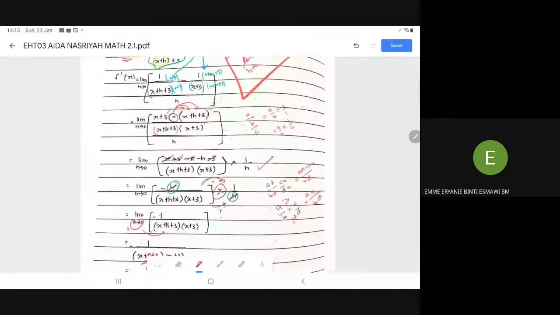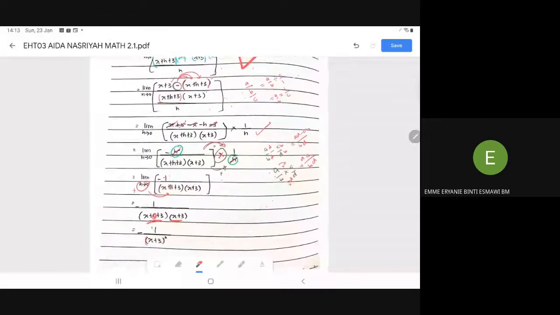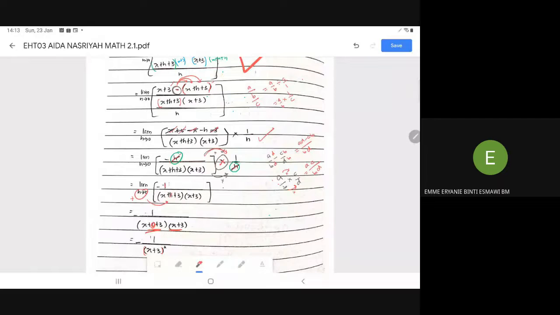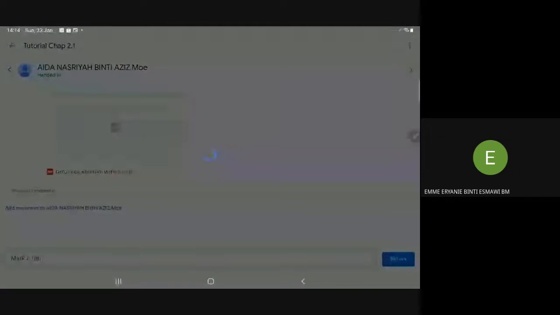Okay, any questions about this? Madam. Yes, Hafiz. My solution a bit different, but I got the answers. Can you check my solution? Okay, sure. Hafiz,